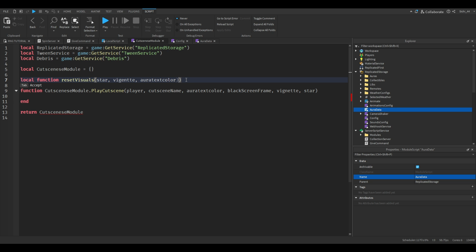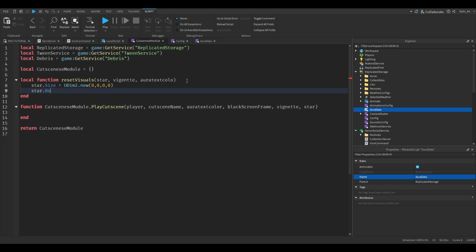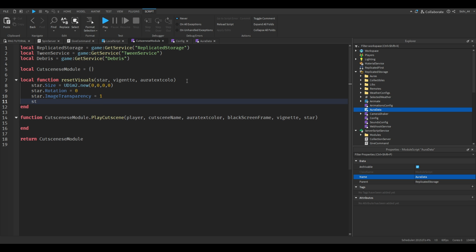So then in there, we want to put star.size is equal to UDim2.new(0, 0, 0, 0), and then star.rotation is equal to 0, star.imageTransparency is equal to 1, star.visible is equal to false,